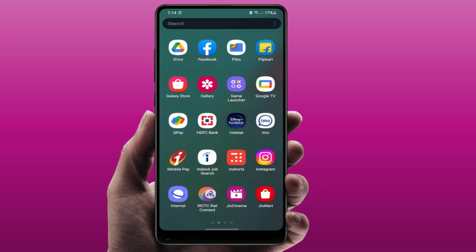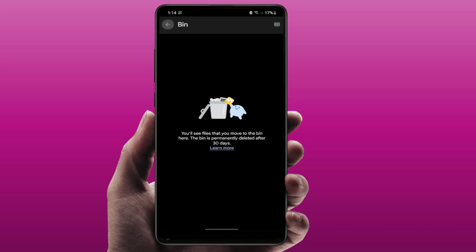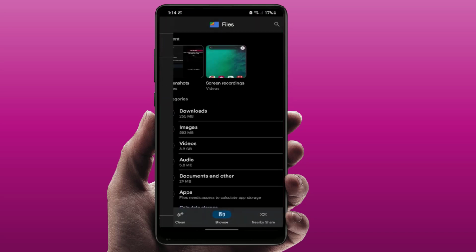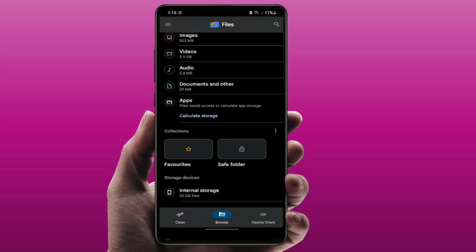So now what you need to do, you need to check the internal storage of your phone. If the internal storage is full, you can also face this kind of error. So if the internal storage is not full and afterwards you are still facing this type of problem, now you can try